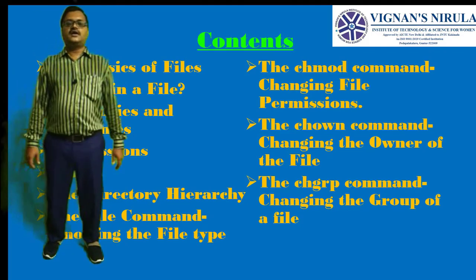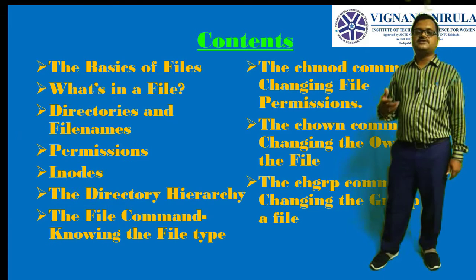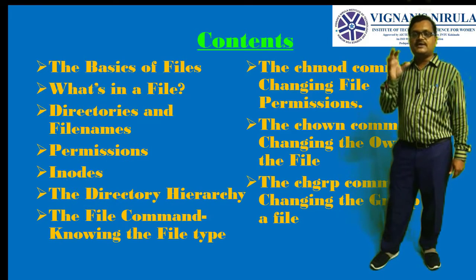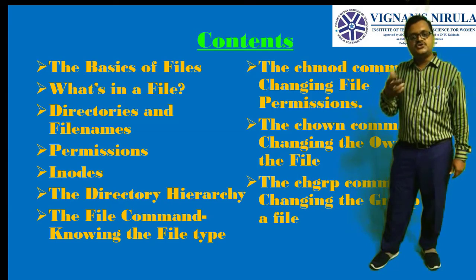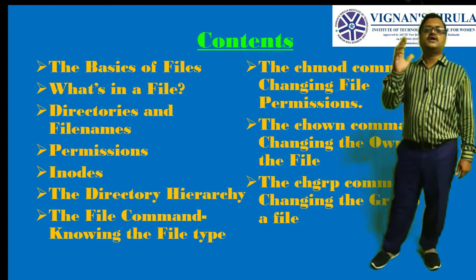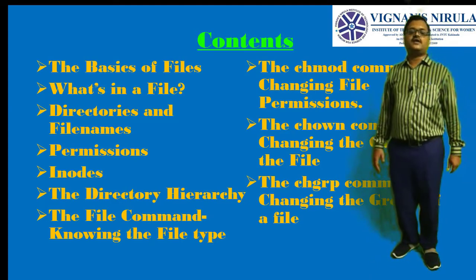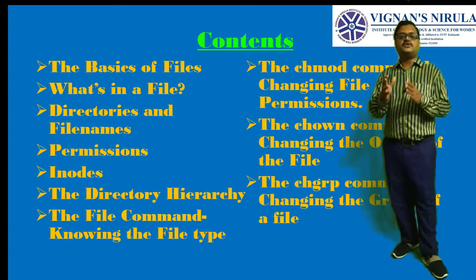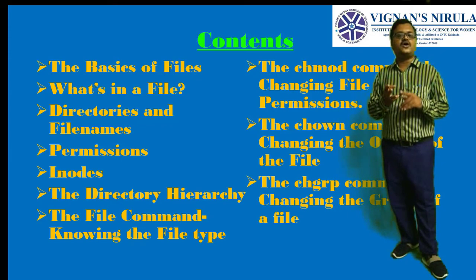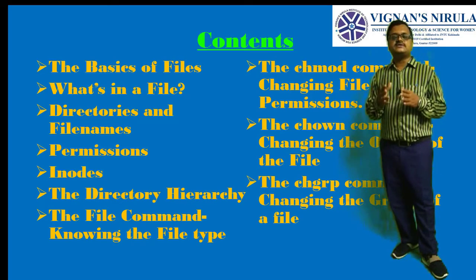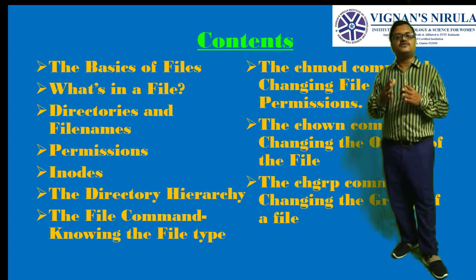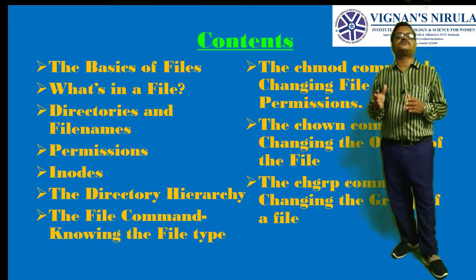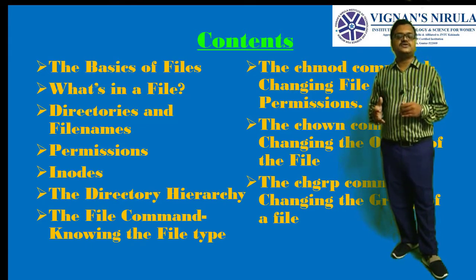Okay, next is again the file command. We will see how it determines the type. If I rename a .java file to a .c file, does it still show Java or C? That is again a question. The answer is given by the file command, because normally in Unix there are three types of files: either a regular file, a directory file, or a device file. With respect to the file command, what is the classification of the files? That we will see in this topic.